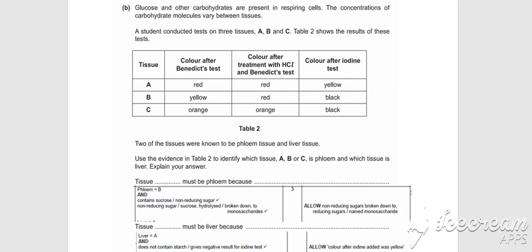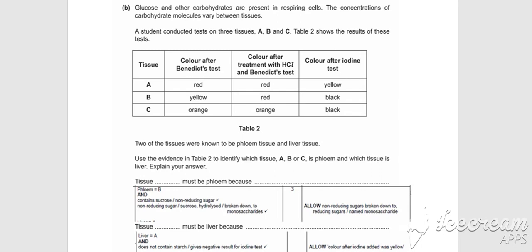So the Benedict's test is going to be testing for a reducing sugar, and if a reducing sugar is present, then we would expect the colour change to go from blue to a reddy orangey colour. The colour after the treatment with hydrochloric acid and the Benedict's test is if you have a non-reducing sugar. So initially it could have a negative test with the Benedict's test, but then once you have added the hydrochloric acid and then you've gone through the Benedict's test again, you can identify whether there is a non-reducing